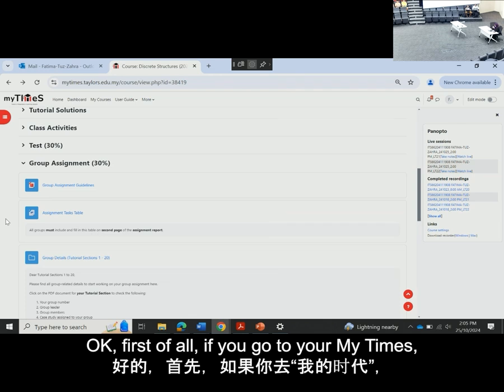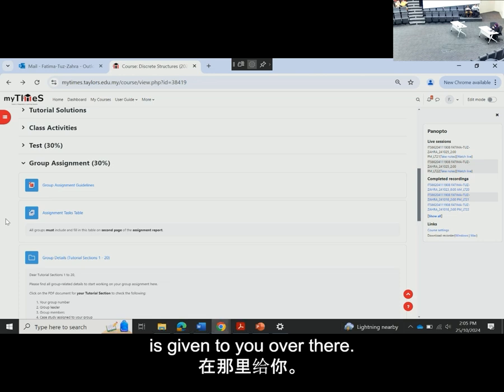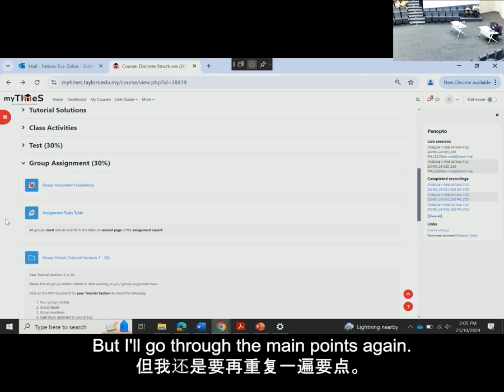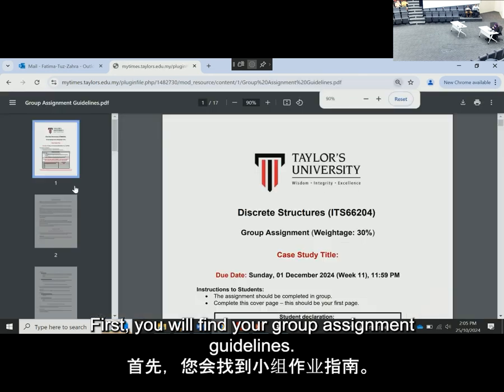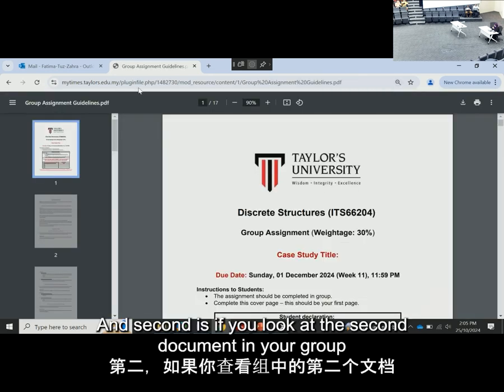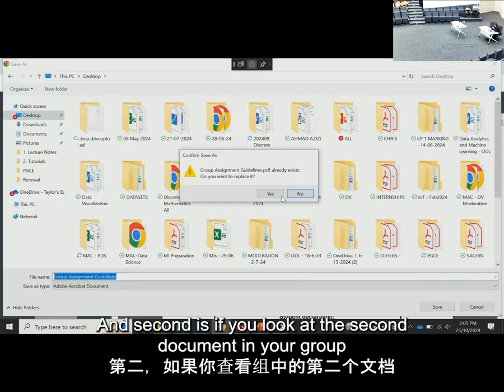Okay, first of all, if you go to your My Times, all the information about your group assignment is given to you over there, but I'll go through the main points again. First, you will find your group assignment guideline, so I'll open that for you. And second is,